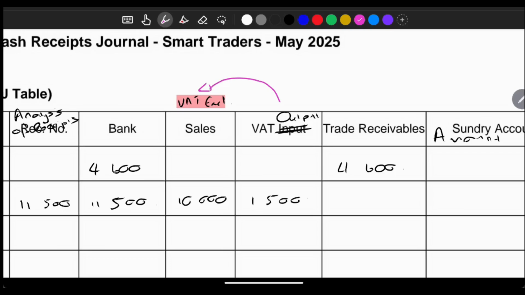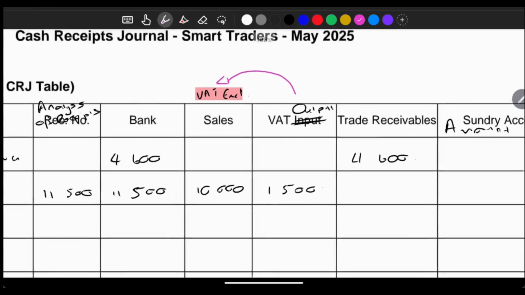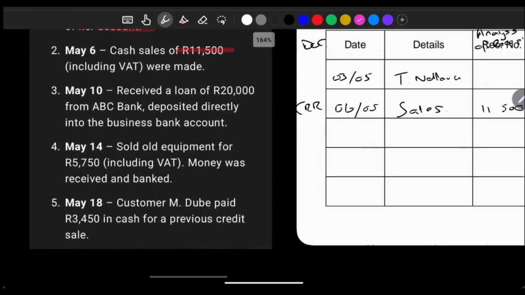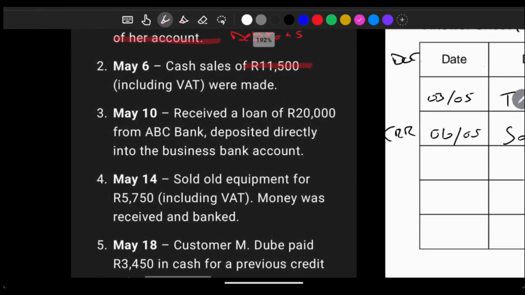Again, think of the ShopRite idea. When you buy something at ShopRite, look at your till slip, there is VAT that is charged there. You as the customer, you pay VAT input. You're supposed to receive VAT input. VAT is an interesting one. But continuing,